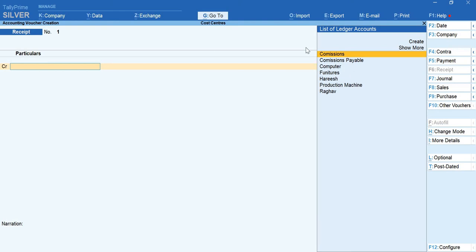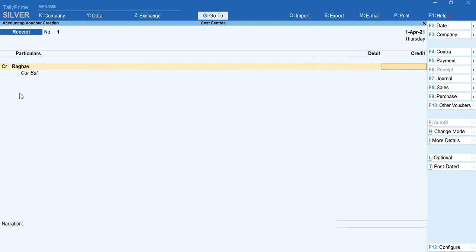And one more thing you have to observe is in the receipt voucher I'll see credit first. In payment voucher I'll see debit first. Keep in mind. So, debit the receiver, credit the giver. Raghav is giving the money into my business, so Raghav account should be credited. He's giving 8 lakhs, in the form of cash.